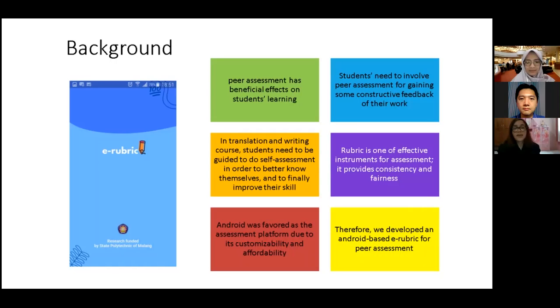The purpose of our presentation is gaining feedback and comments from you in order to improve or to continue our research for next year. We plan to develop this electronic rubric or digital rubric in next year's research. So the background is that